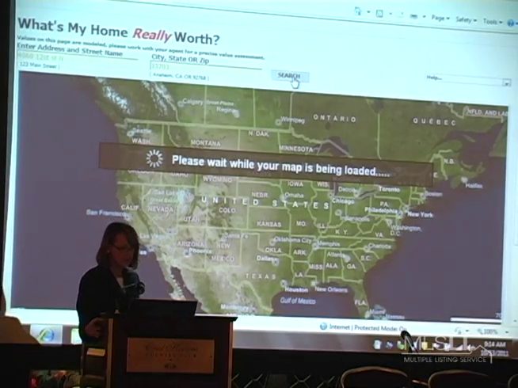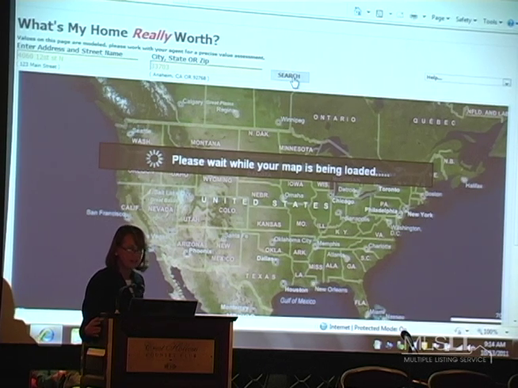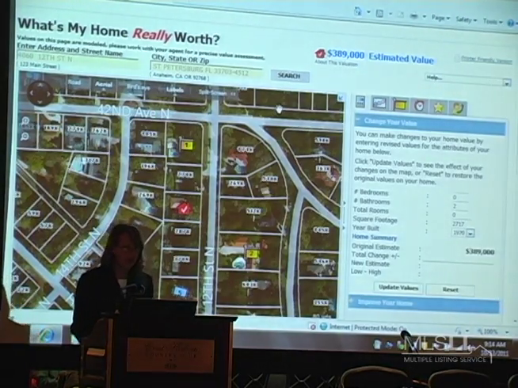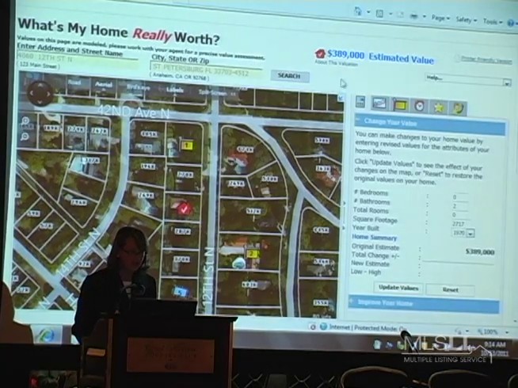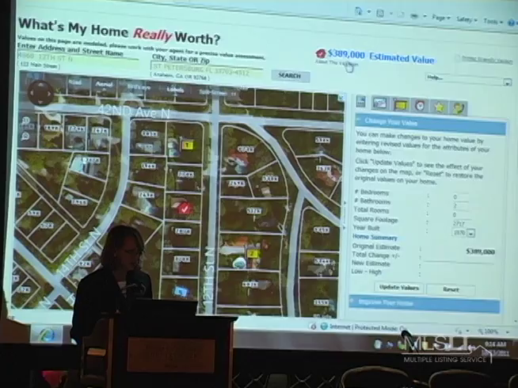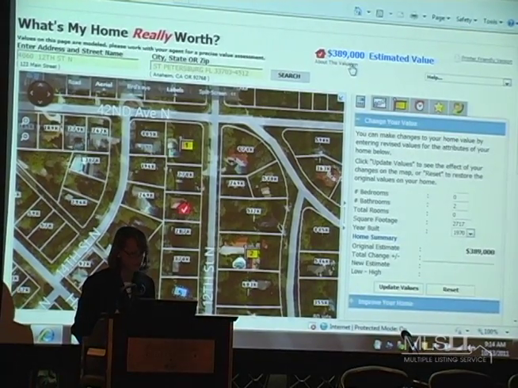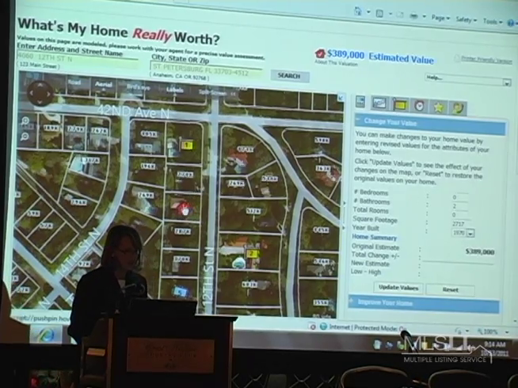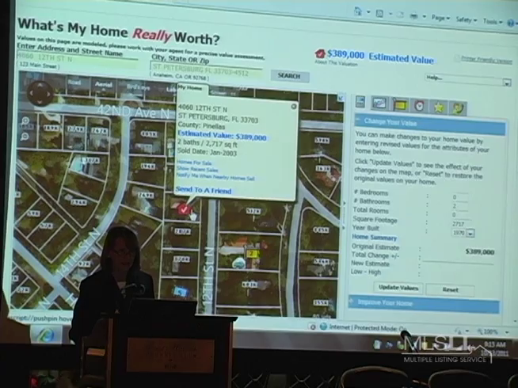So we've entered an address. It's going to search through a property database of millions of properties and return a result here. And you'll notice that a couple things are happening here. We've got a map that's popped up, and up here at the top we have an estimated valuation of $389,000 for this property in St. Petersburg, Florida. You'll notice that on the map it maps the address that I put in, and it gives you some more details other than just the value. It's going to tell you that it's a 2-bath home, the square footage, when it last sold,